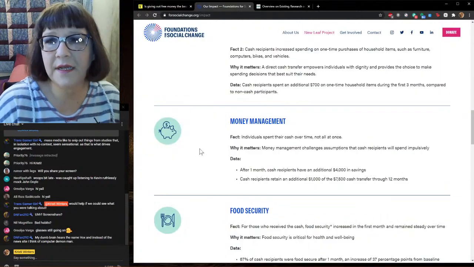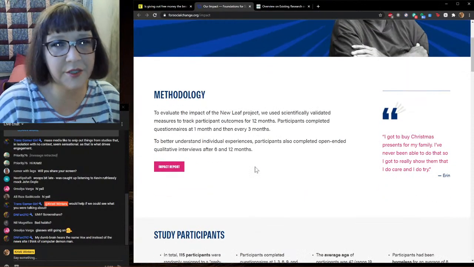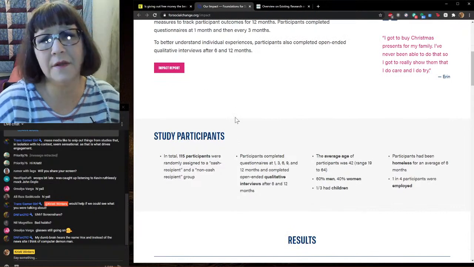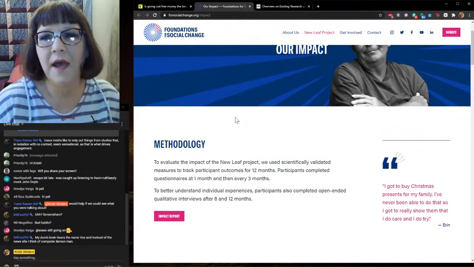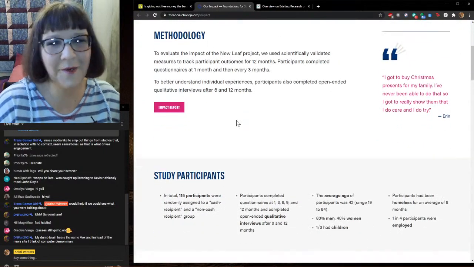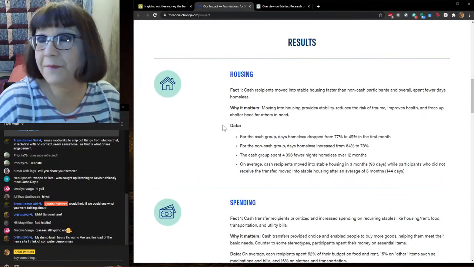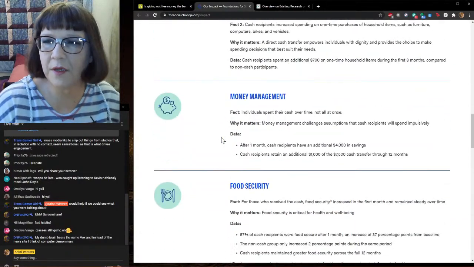The results on it, this is a very well organized page on their methodology, how they obtained the data, who participated in it. This is a model of the kinds of questions that you should be asking when you go through a piece of research. How did they collect the data? Who participated? Who funded it? Has it been peer reviewed? And what were the results? That's pretty much what you want to look for here.